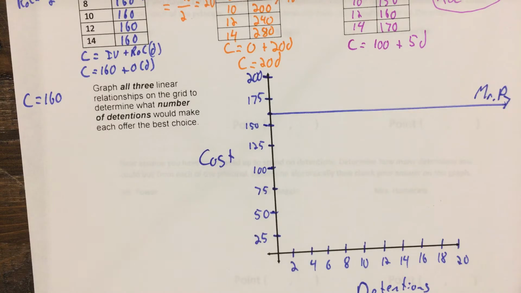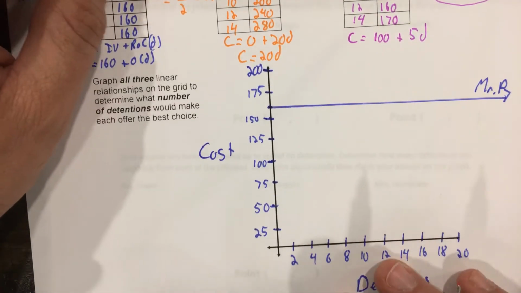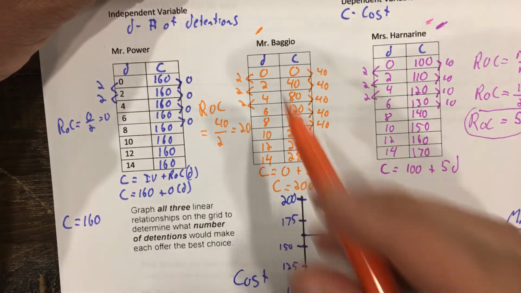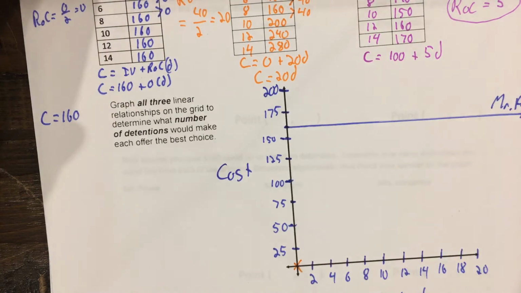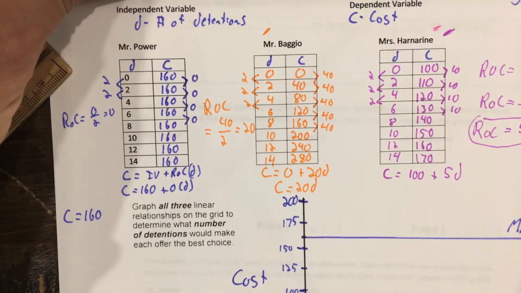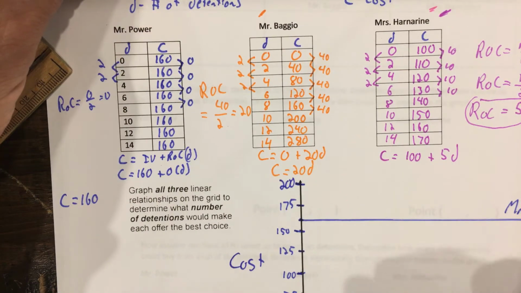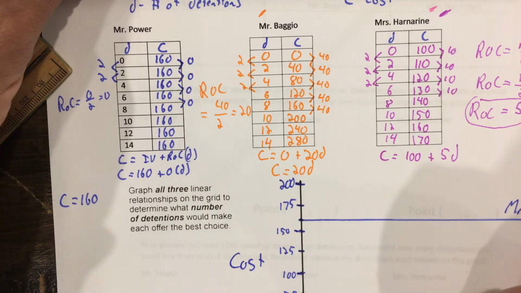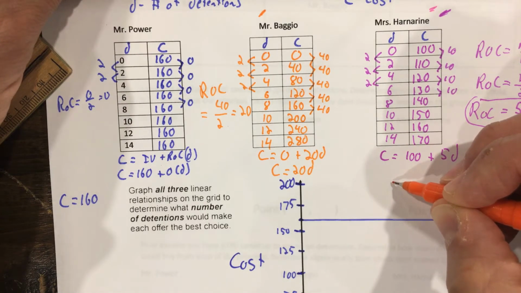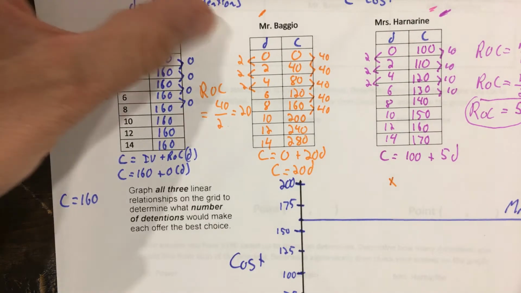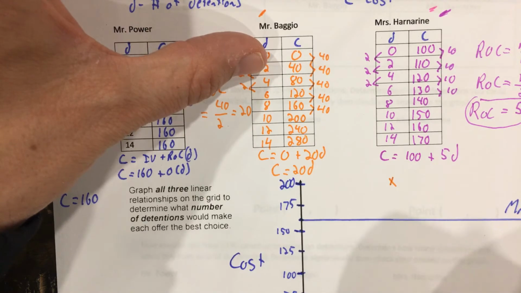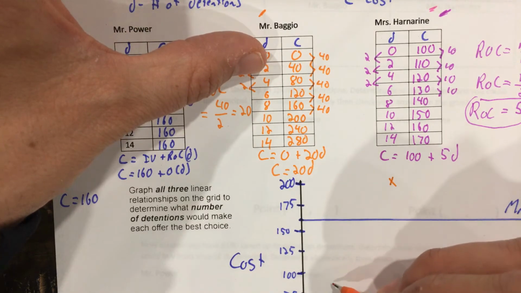Mr. Baggio in orange is a bit different. He does start at 0, 0, so my initial value is all the way down here. I'm not going to graph every single point. Let's go with 10 detentions. He is already at $200, and that maxes out our graph. So I can do that right there. Let's put one in the middle at, let's say, 4 detentions. He's at 80, 75,